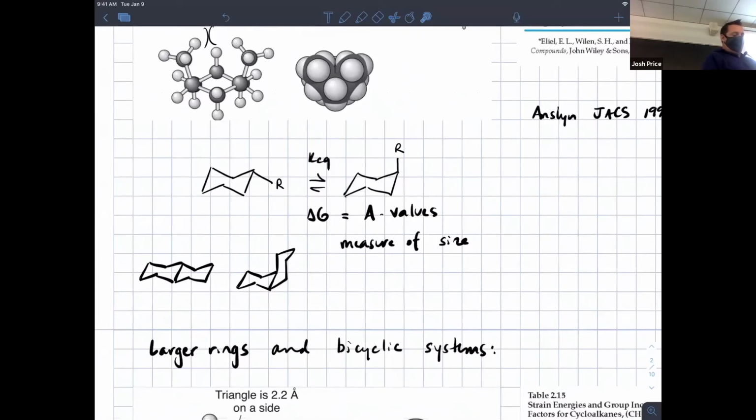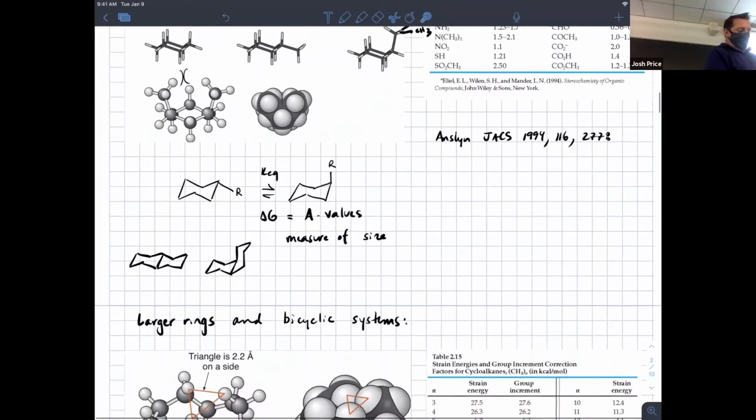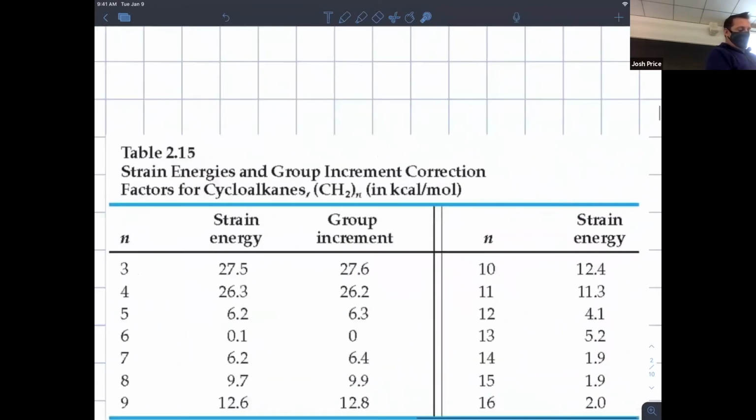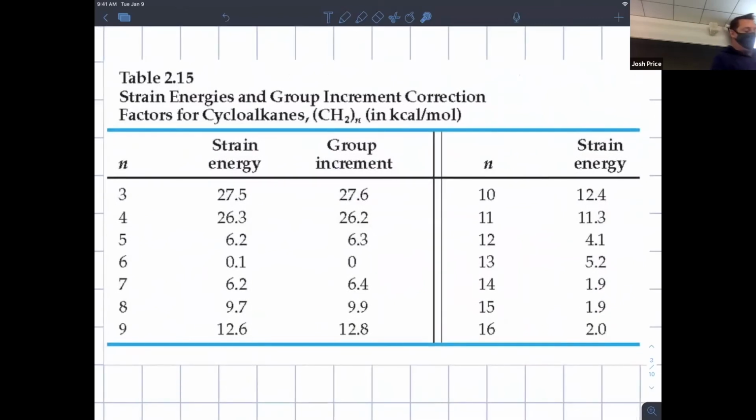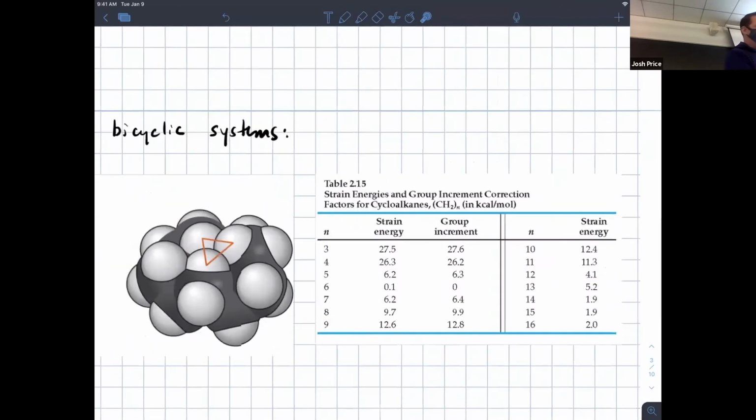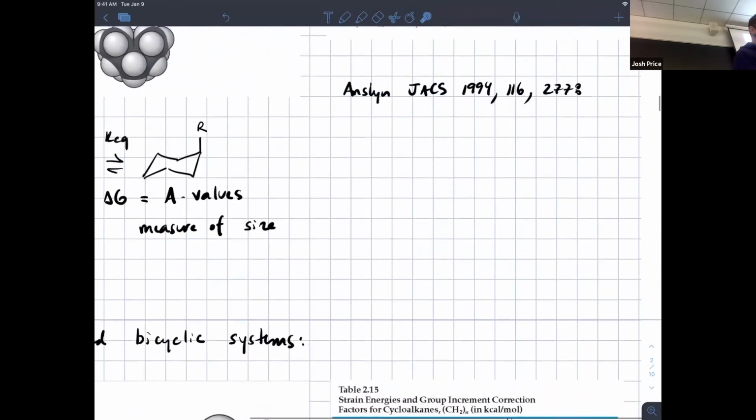There are some other interesting things that are perhaps not worth memorizing, but worth knowing about, so that if you ever encounter them, you can come back and deal with them. If we look at the ring strain for cycloalkanes, we can sort of break. Oh, you know what? I forgot something. Is it okay if we pause before we go on? Because I want to show you an interesting